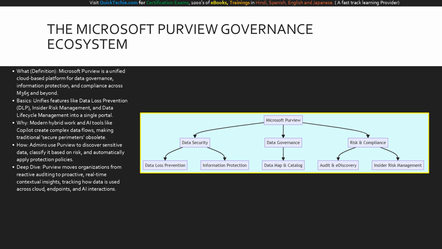We are moving away from manual, reactive audits to a proactive model that analyzes user behavior, data movement, and AI interactions in real time. This is the foundation we must build before we can safely unleash tools like Microsoft 365 Copilot. Looking at this flowchart, you can see how Purview is structured into three main pillars: data security, data governance,